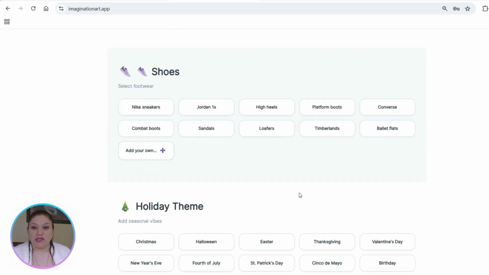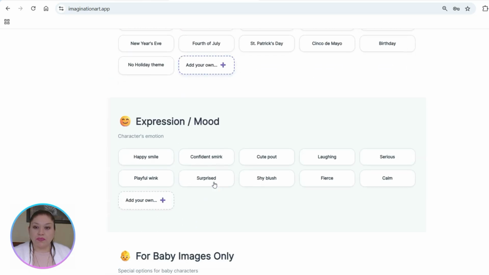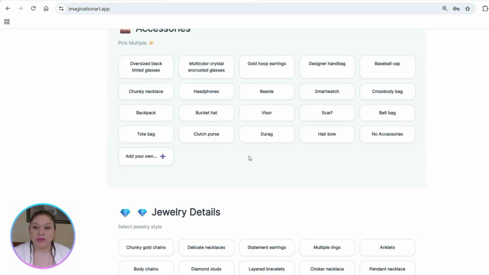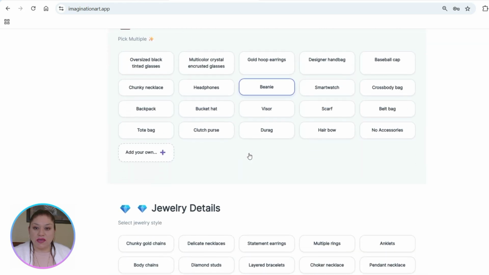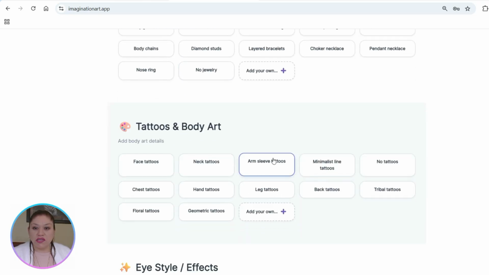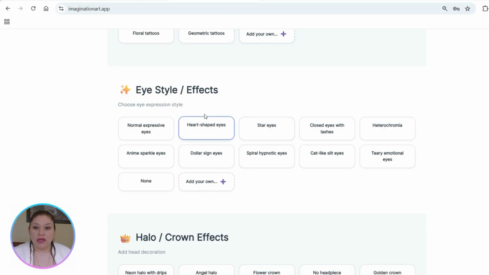And it'll give you a t-shirt. Gym shoes, you could say if you want them to wear Nikes, that's fine. Type of expression: calm, fierce, shy blush, confident smirk, cute pout, or just a happy smile. It's not a baby, so we're not choosing anything there. What type of accessories would you want your student to carry? Let's say your student wants a smartwatch on, maybe a backpack. Jewelry details, none. Body art, none. Eye effects,